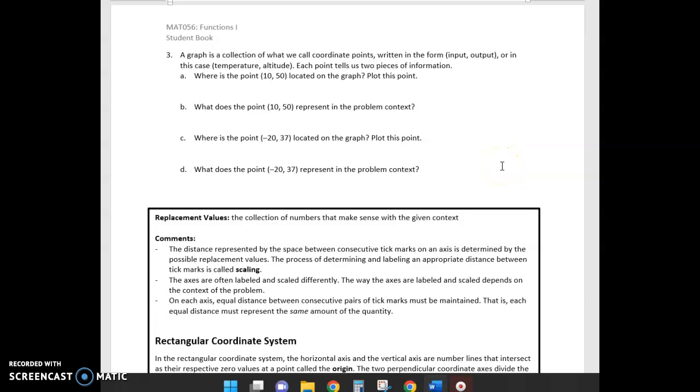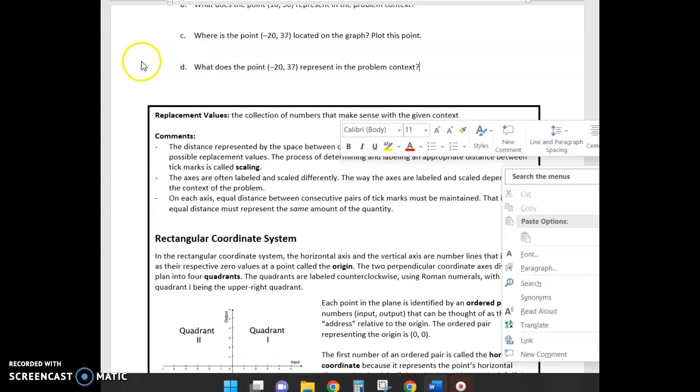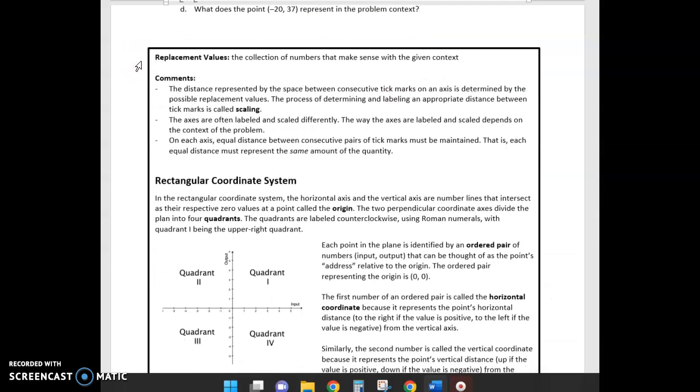Next, we're going to look at ordered pairs. And so I want to draw your attention to the bottom of page 2, or in the box in page 2. And here I want to highlight just ordered pair. An ordered pair is the way in which we write a point on a graph, where it's always the input